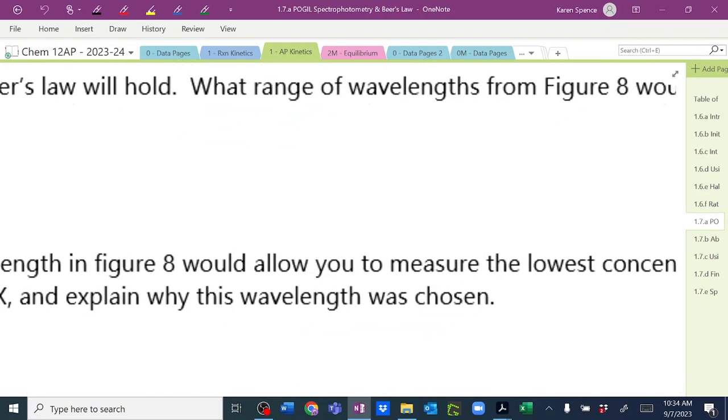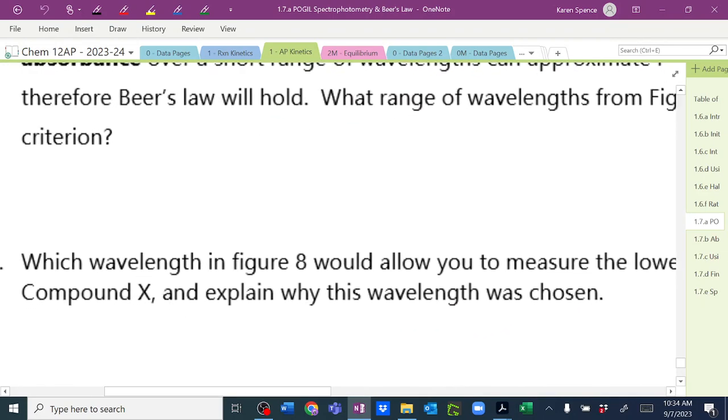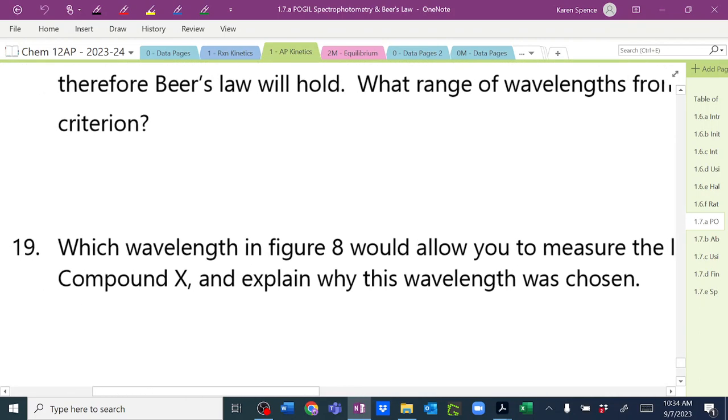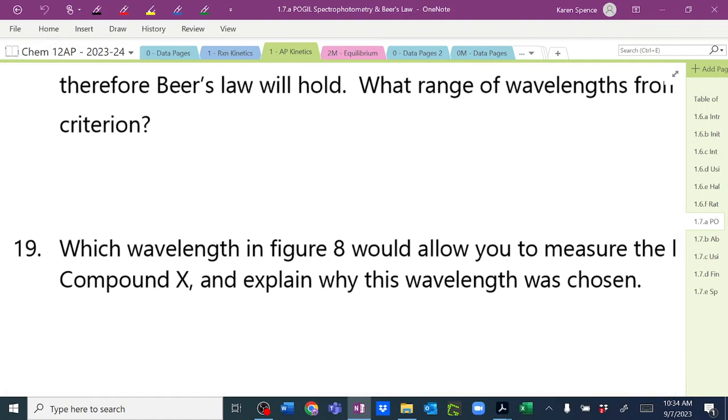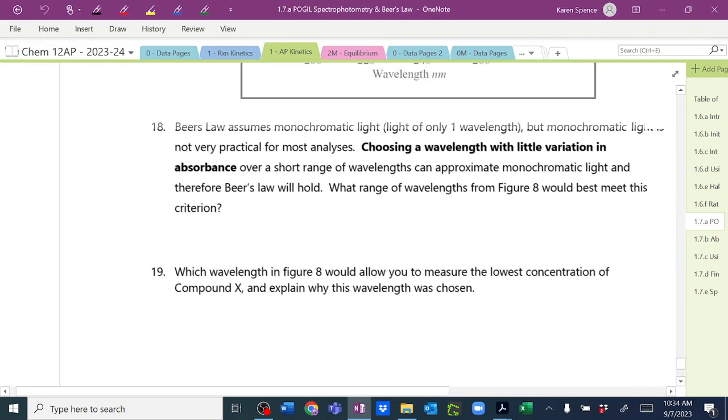So question number 19 is: which wavelength in figure 8 would allow you to measure the lowest concentration of compound X, and explain why this wavelength was chosen. So what we have